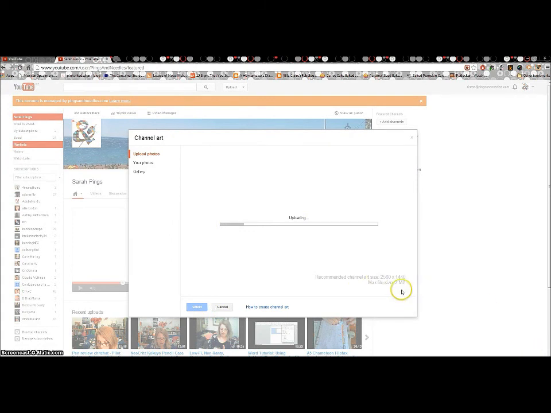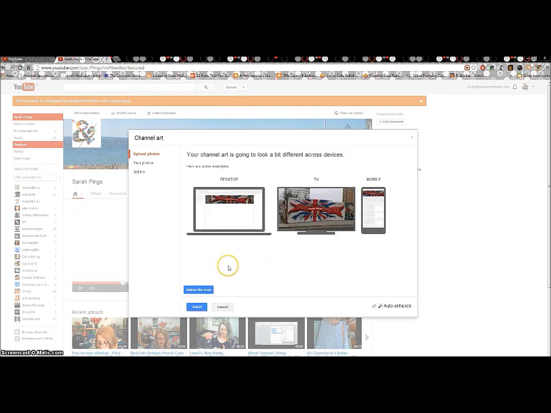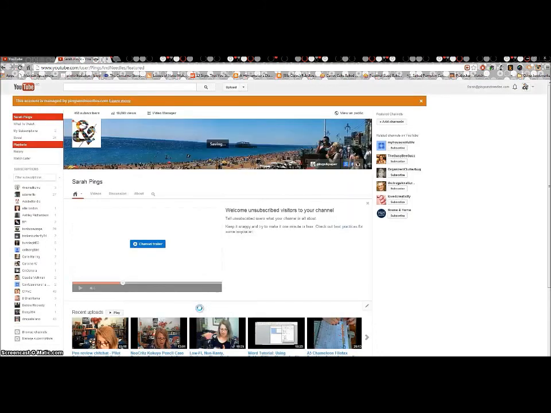You can see it's a 2 MB file, not too huge, but still very, very high quality. So I'm sitting here with a 22-inch monitor and it should have absolutely no pixelation. It should look very good, as good as it can be, given the fact that it's just a picture with a bit of text on it. Once it's uploaded, you get a nice little preview of what it's going to look like on the mobile page, on a desktop, and here on the TV. I'm not going to adjust my crop because I've pretty much done it the way I want it. So I'm going to go Select,